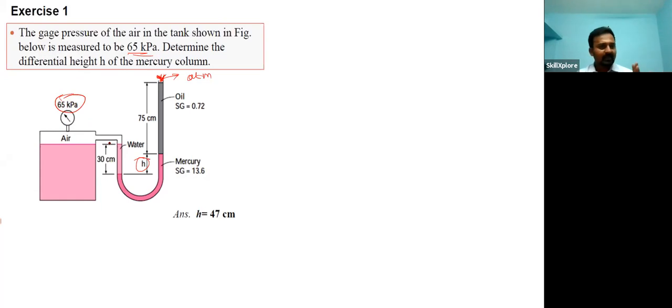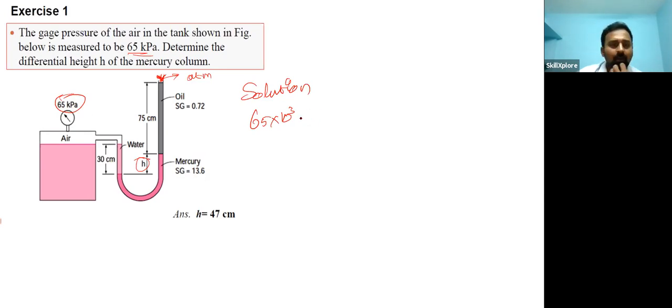We can use a right hand side approach or left hand side approach. What is in the left hand side or what is in the right hand side, we can do in any manner. I will do from left to right. What is given here, from the start point at the edge, is 65 kilopascal. So just 65 into 10 power 3 pascals. Just convert it into pascals.